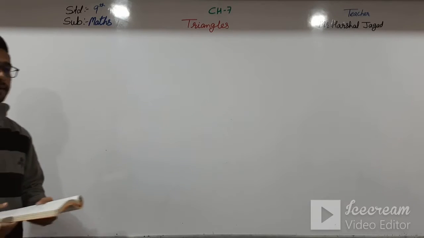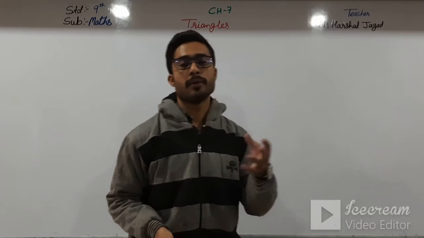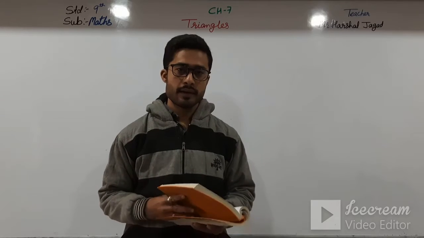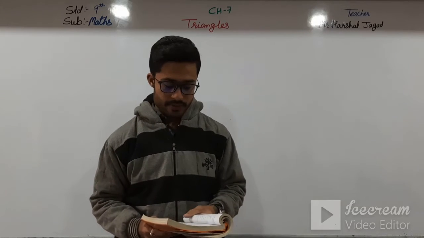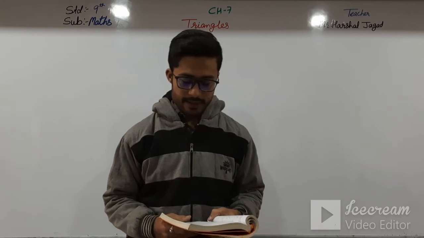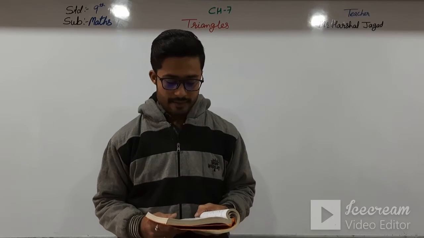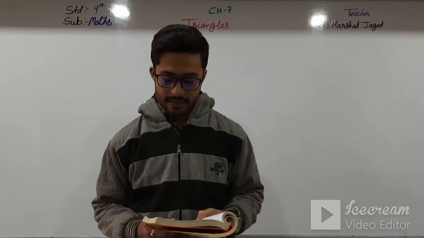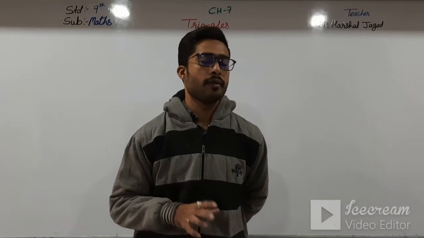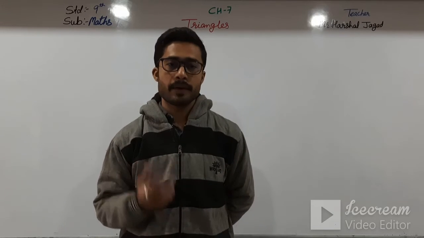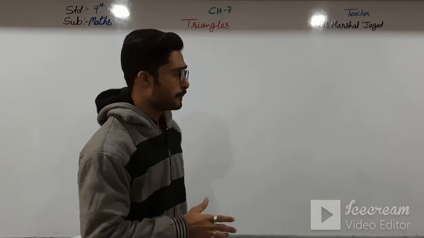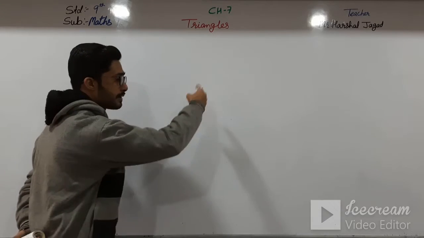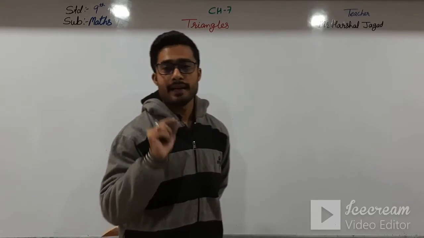Okay students, in theory, first of all you just see the introduction. I will explain it orally only, and if some points need it, we will discuss them on the board. Here you have studied about triangles and their various properties in your earlier classes. You know that a closed figure formed by three intersecting lines is called a triangle. First of all, what is a triangle, that we have seen in the previous video; we are just revising this. So when three lines intersect at three points, they form a triangle.